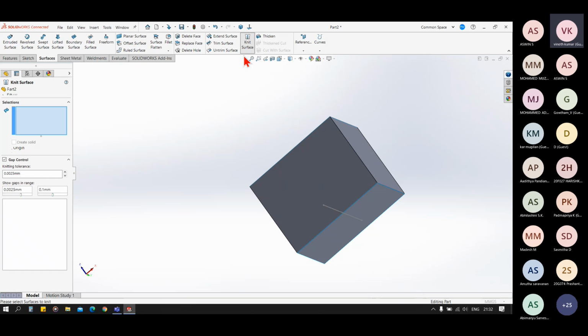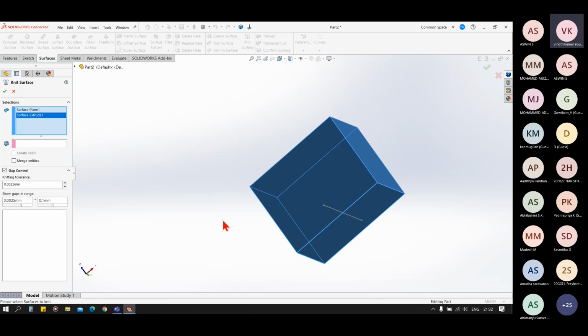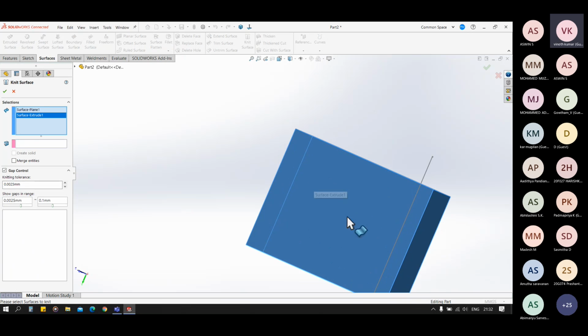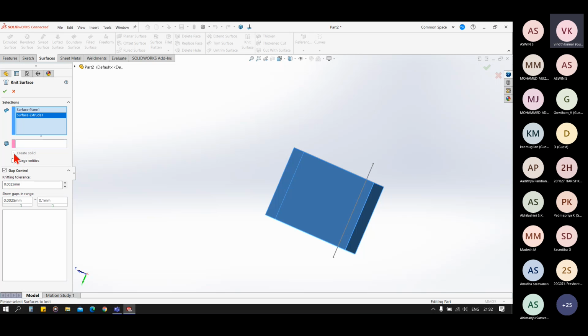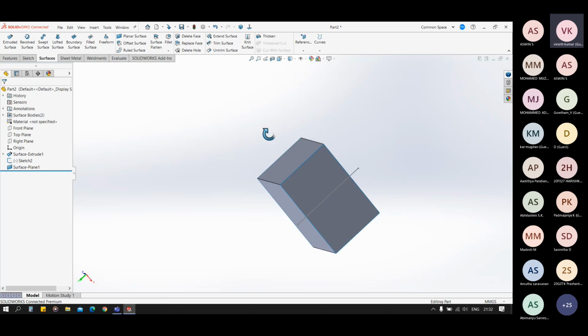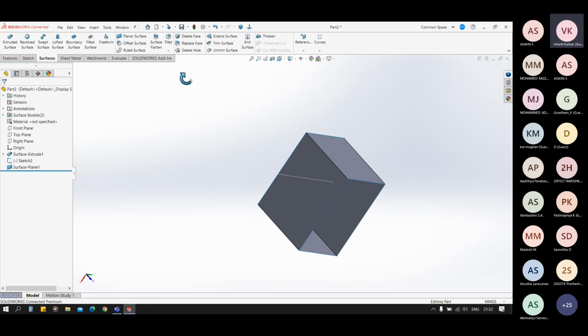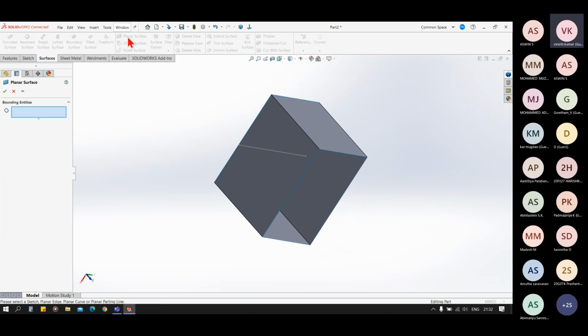Now let's knit this face, and you can see no, we don't have solid. Okay, let's add the inner face to this.